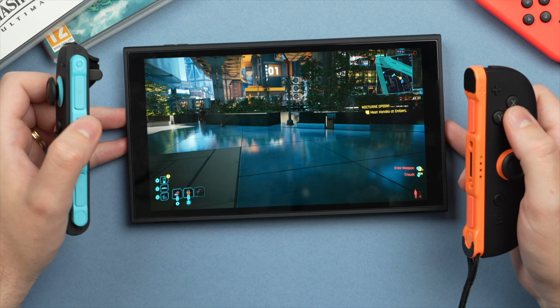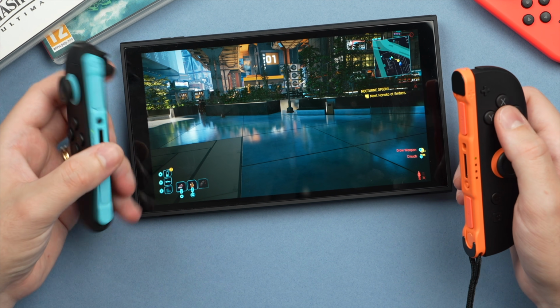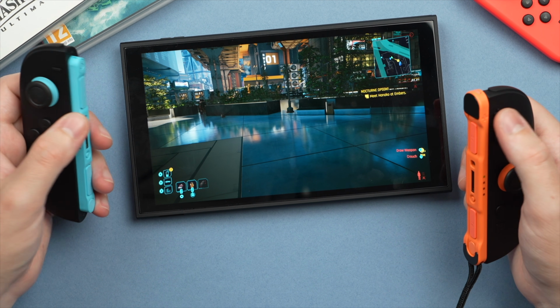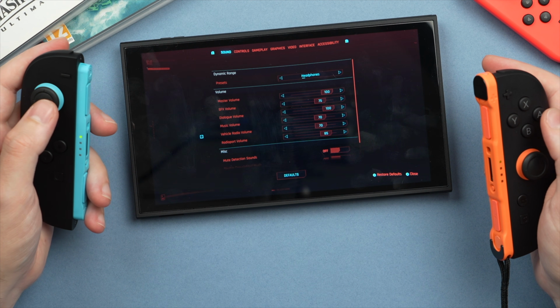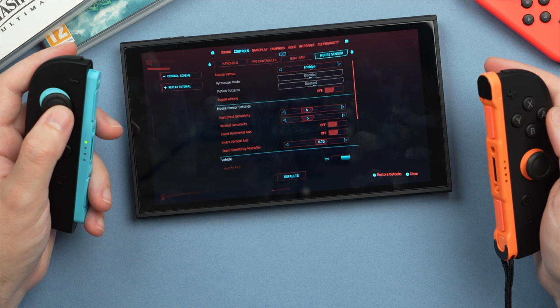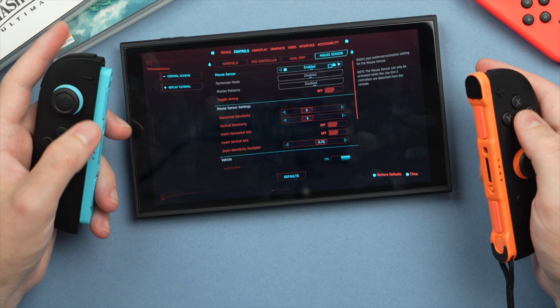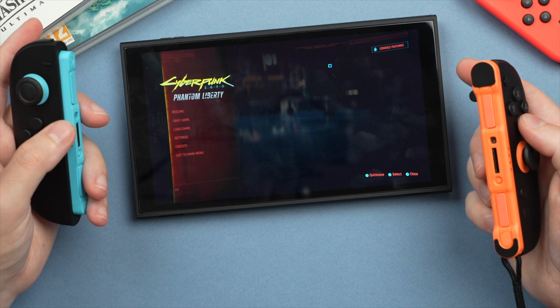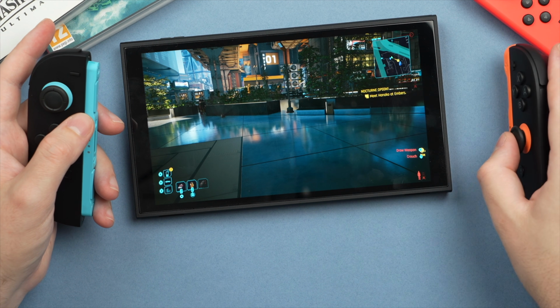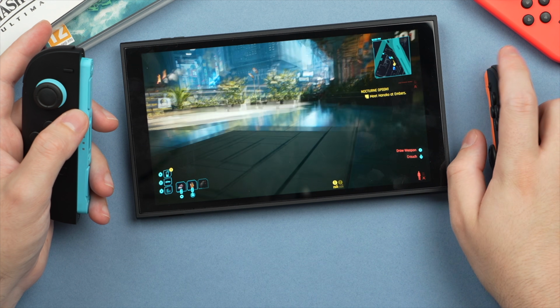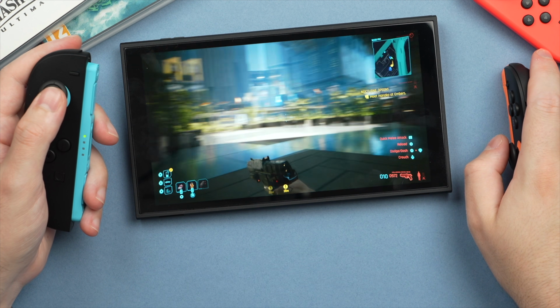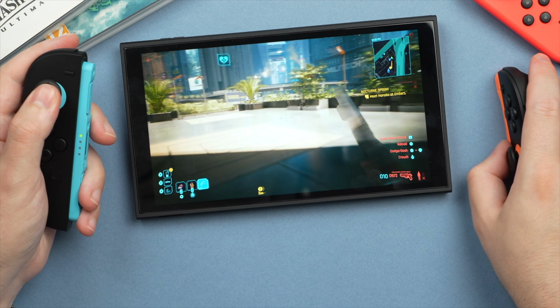Now, for some games, like for example in Cyberpunk, we do need to go into the settings here to enable this. So we're going to go into settings and then tap onto settings, and in here we're going to go into controllers and then mouse sensor, and you want to make sure that that there is enabled. And now, as you can see, check this out, I take the right controller, I place it down, I am now using mouse mode here on the Switch 2,